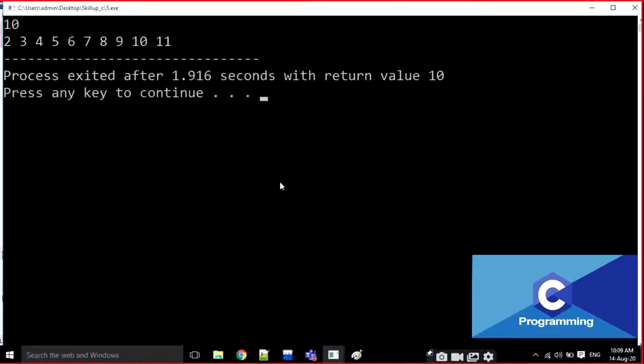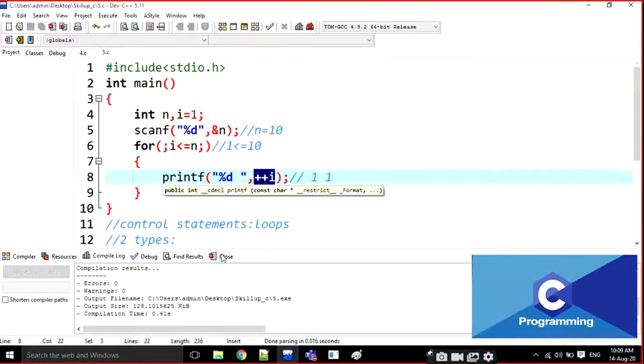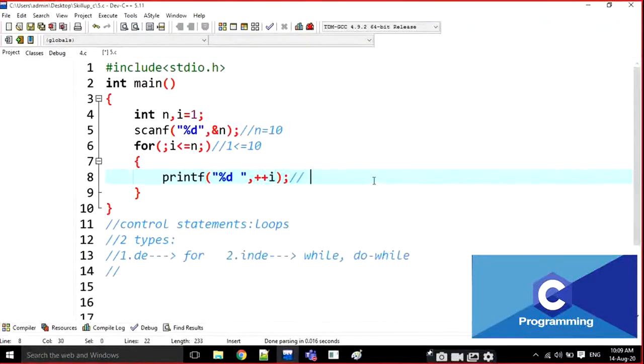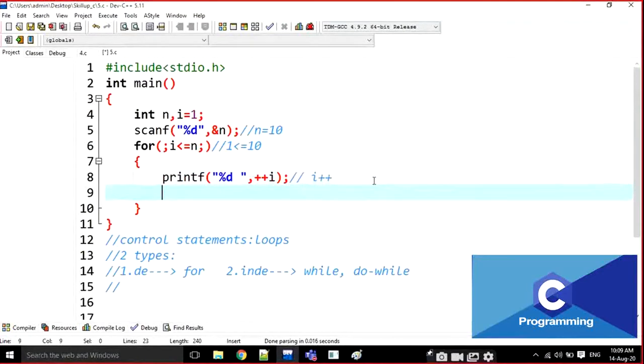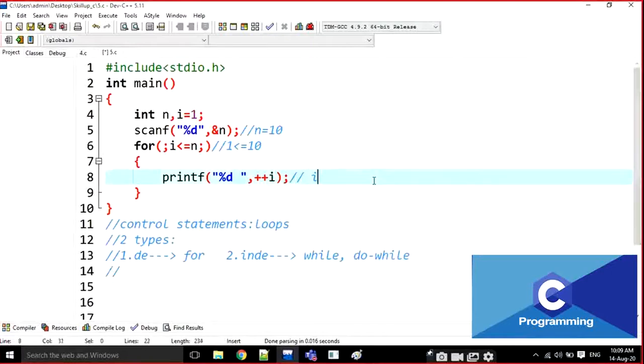Okay? Is it clear? Just note down all the things I am telling here. For example, I plus plus, and you can also write it like this, I plus plus here also. All these things you have to note down in the notebook. Why?